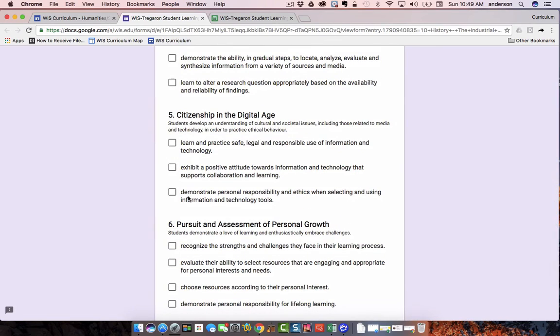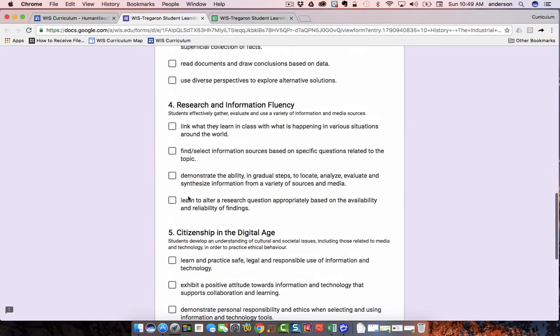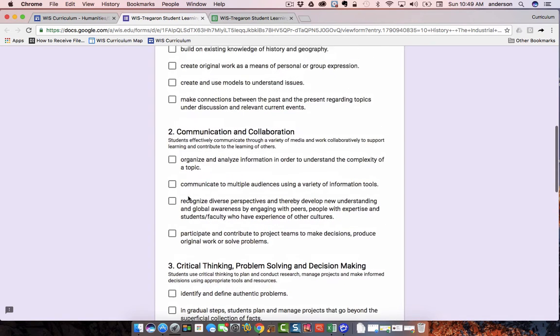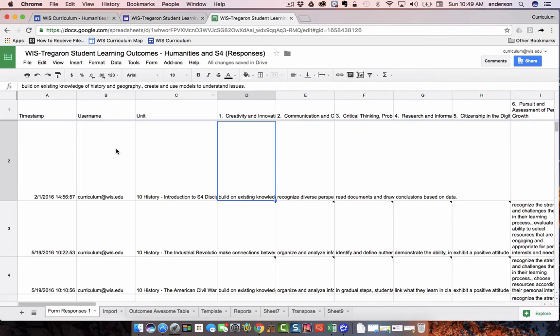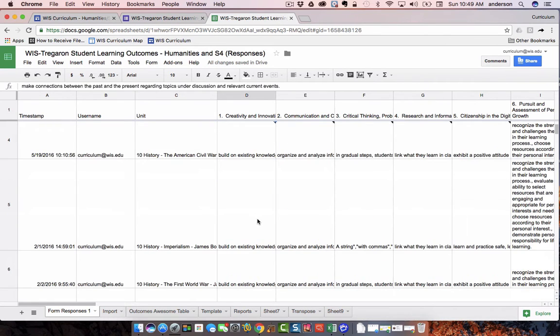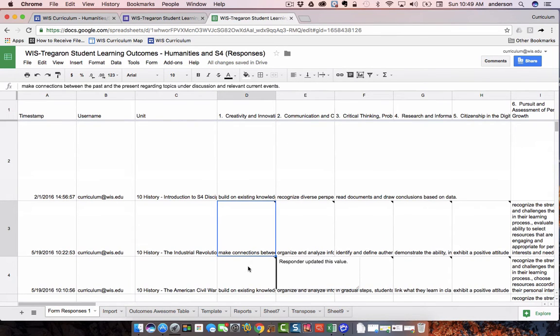make check marks. So the goal of this video is to give you an efficient way of counting how many times each of these check boxes have been selected for that entire subject area. When we submit the form, it dumps the data into a spreadsheet. Here's the form responses sheet. And notice that as a checkbox question, it's going to put all of the checkboxes into a single cell,